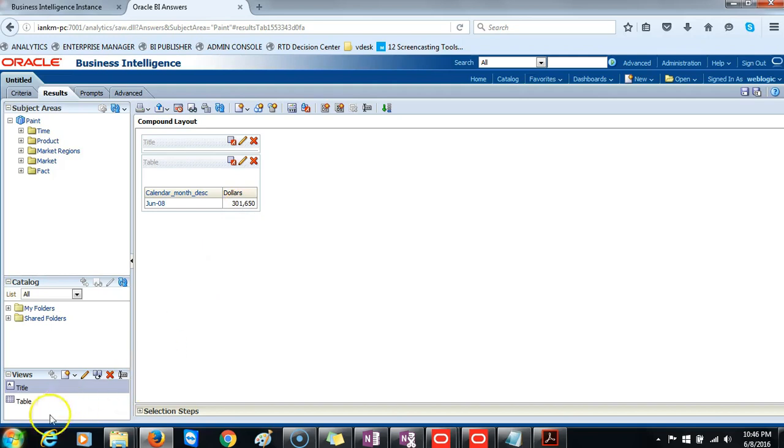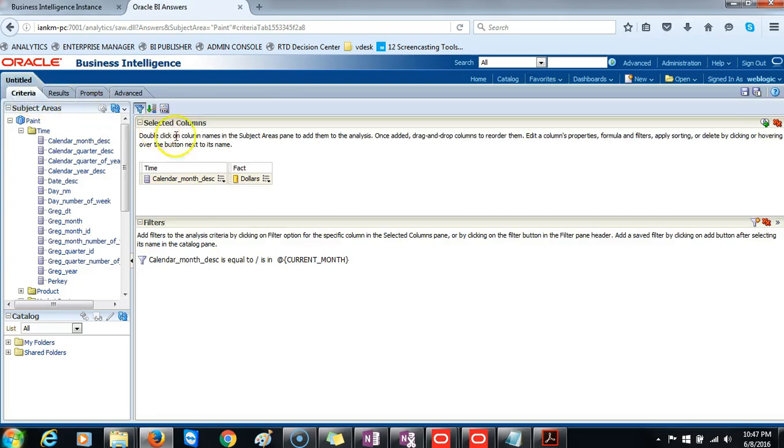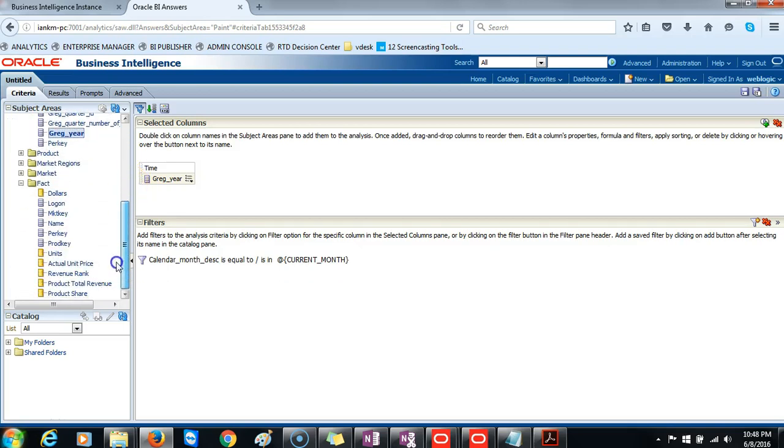Now let us go back to the criteria, and we want to clear all the selected columns. So double click the two X's at the far end of the selected columns pane. Next, we want to use the static variable that we created in the repository. So from the timetable, we want to pick grade year, and then from the fact table, we want to pick dollars, and then we want to place a filter on the grade year,